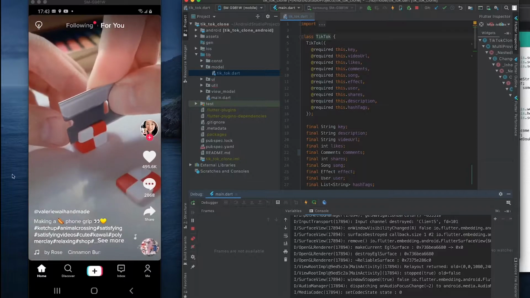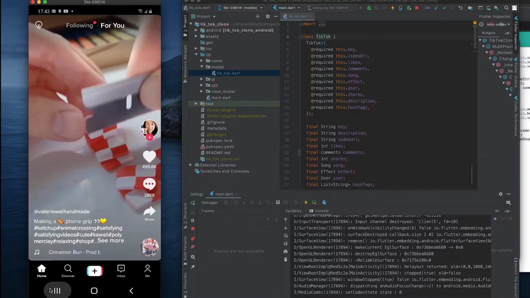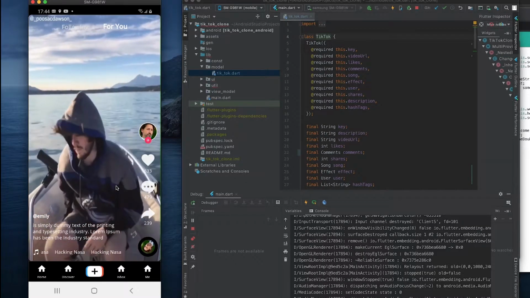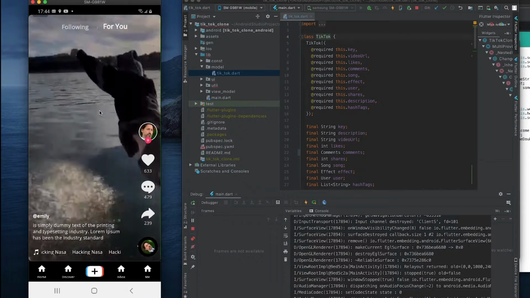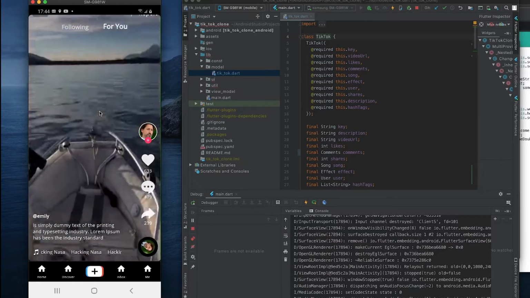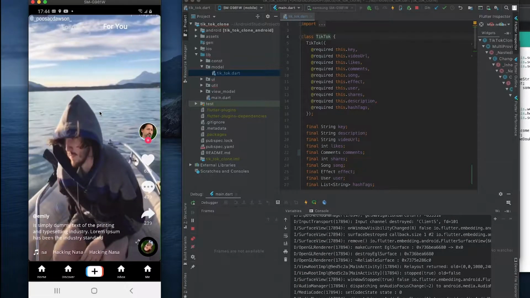We're doing a TikTok tutorial with Flutter. Here's the way that it looks currently in the application. Today I'm going to show you, I've already shown you a little bit about the UI and how everything's set up. Now I'm going to be showing you the data side and how we're getting ready to start integrating